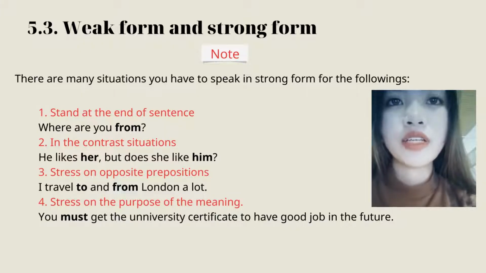The third is stress on an opposite preposition. Example, I travel to and from London a lot. And the fourth is stress on the purpose of the meaning. Example, you must get a university